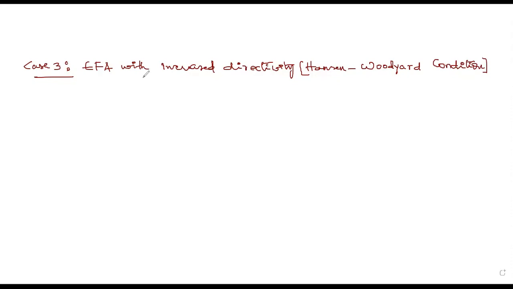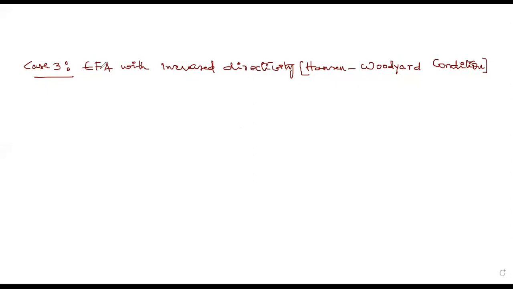Moving on to the next case, that is case 3, which again comes under the non-isotropic arrays, case 3 as well as case 4. Now there is not much derivation as compared to case 1 and case 2. This is just a slight change in case 2. In case 2 you have an end fire array.